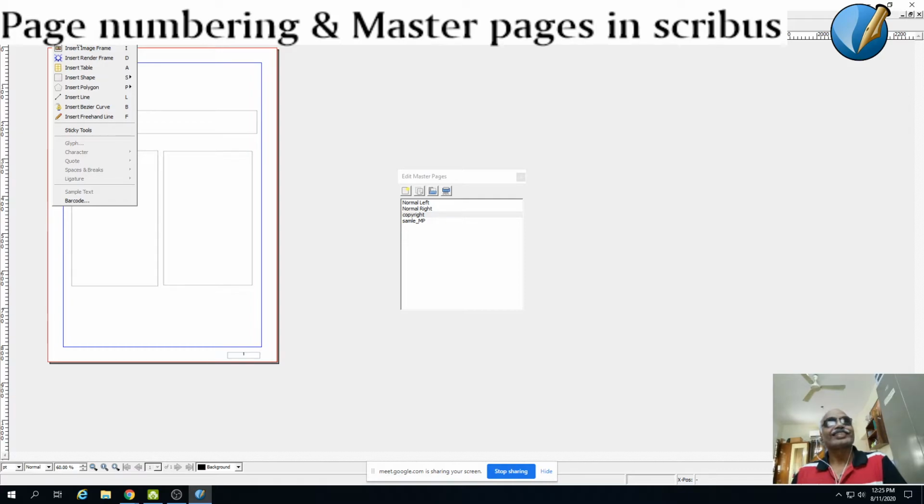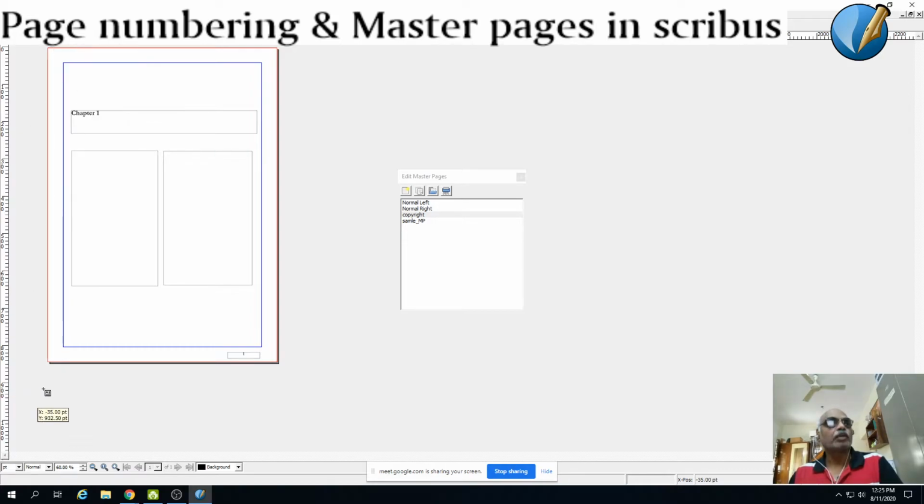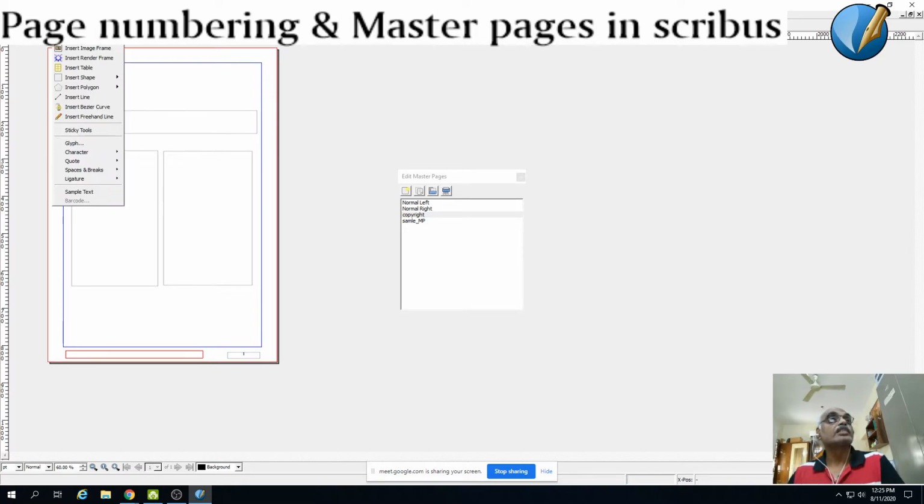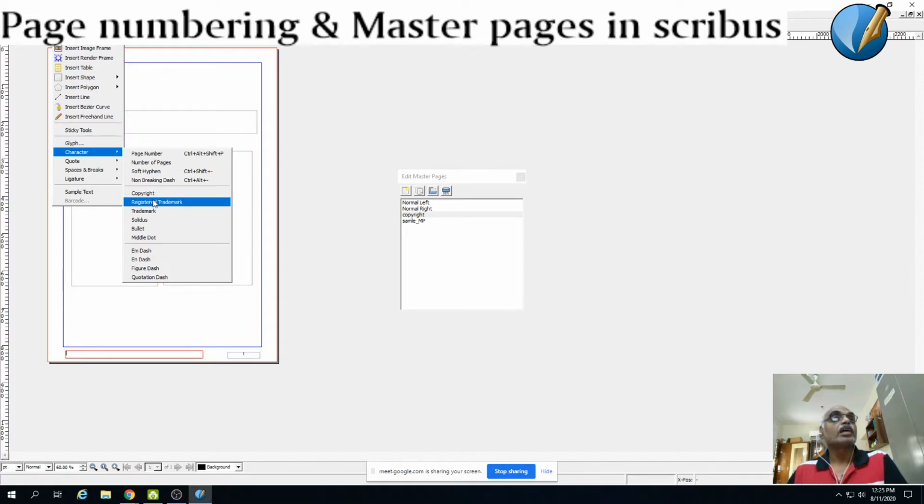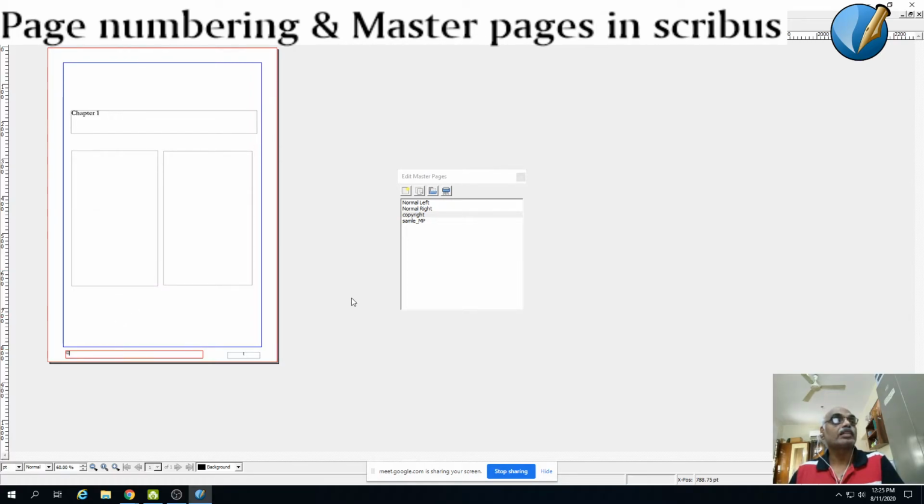Please. Okay. So I'm going to insert a new text frame to hold your copyright information. So here, the copyright information I want to give out here. So I have selected here. I need to keep the cursor blinking. I'll go to insert, then go to character, and then I'm going to give copyright, all rights reserved 2020.